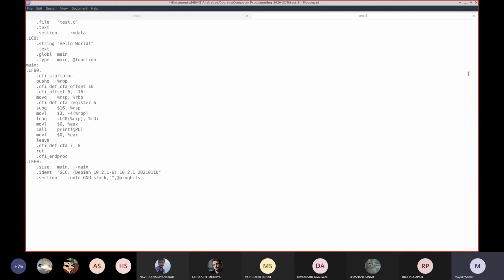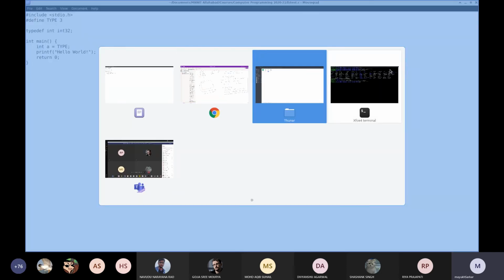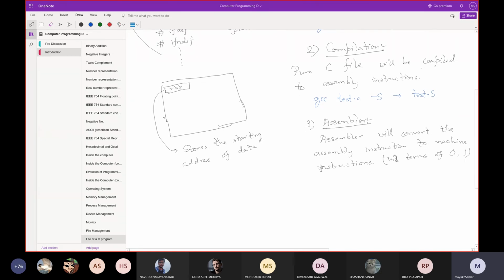Now, let me mention one thing: the final machine instruction file, the binary file that gets generated, has a name called the object file.